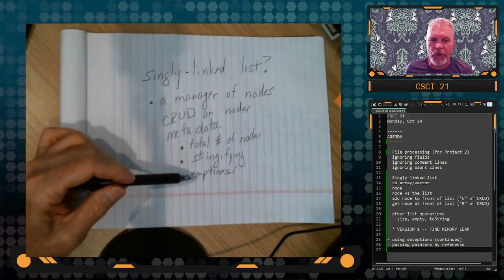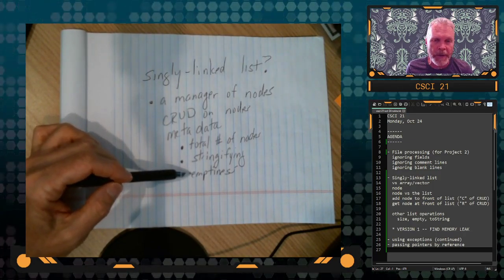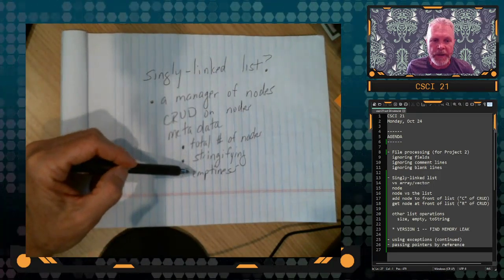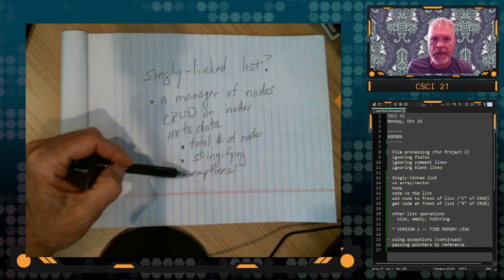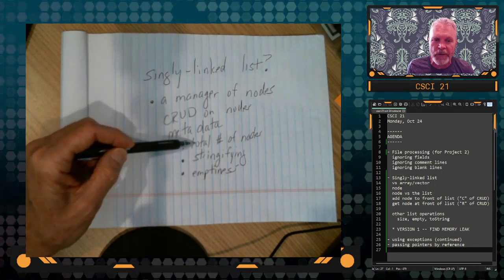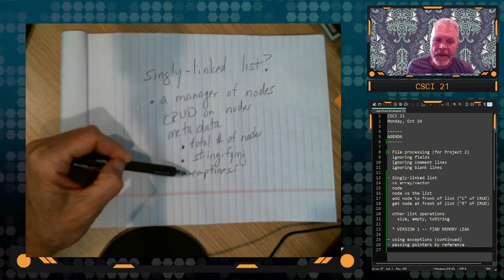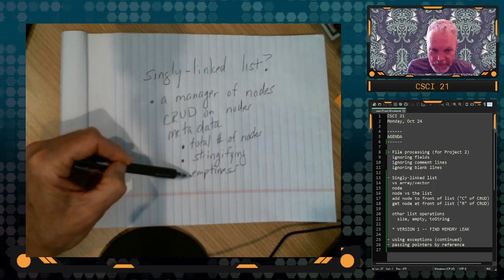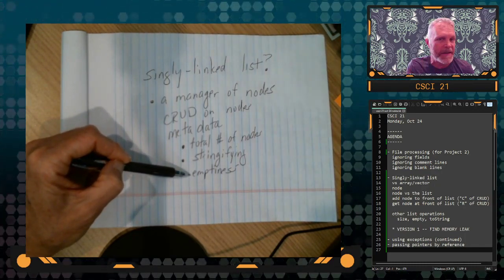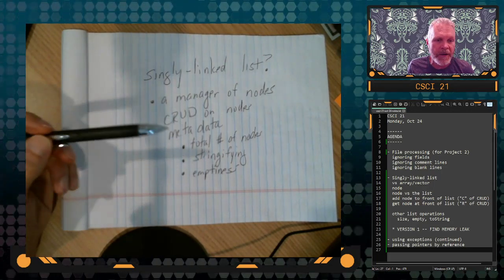the metadata can include sort of emptiness, meaning am I even managing any nodes at the moment or not? Kind of like string empty. We can actually, in our manager code, give ourselves the ability to check and see if we even have any nodes available. That is, of course, related to the total number of nodes. If there are no nodes, then we have an empty list, but it is convenient and it is a common kind of function. Thank you, Isnam, for bringing that up for the earlier example, that people want to just have a function call that says, is it empty? So for a manager of nodes, emptiness would mean there are none here. And then finally,